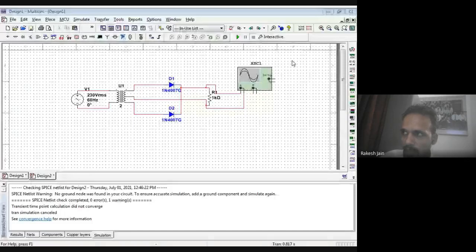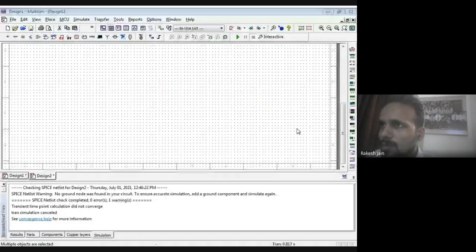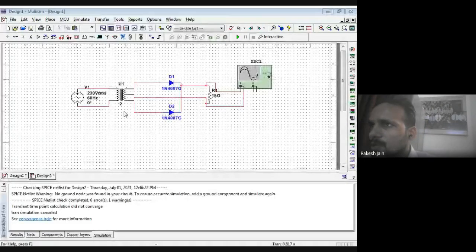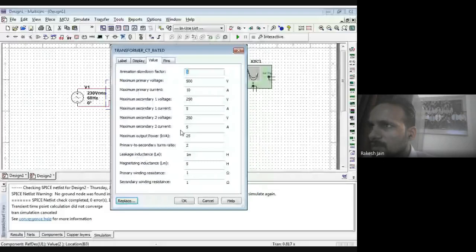Now see the half-wave rectifier first. What kind of problem? I just see the display variable values. Primary voltage is 500 volts instead of 900. Maximum secondary volt 12 volt.